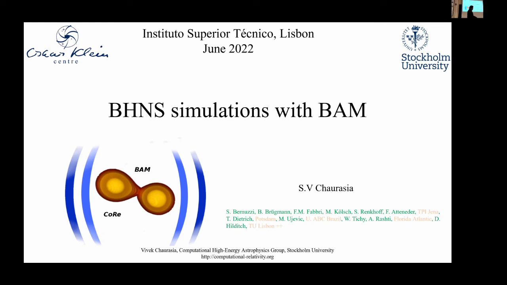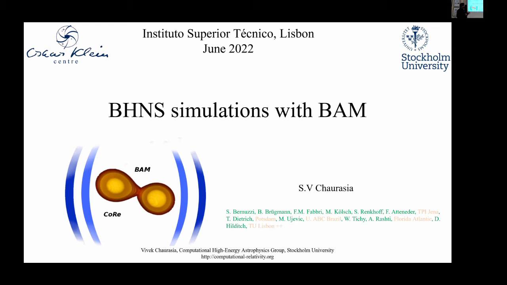And so currently BAM is also part of a larger collaboration called the CoRe Collaboration. And it stands for computational relativity. And it has researchers from a lot of different countries, so Germany, then from Brazil, US, and David, and also Hannes Rüter, who's from Portugal, and then myself working from Sweden. So this is a very international collaboration, and in this collaboration, we are mainly concerned with simulating neutron star mergers.